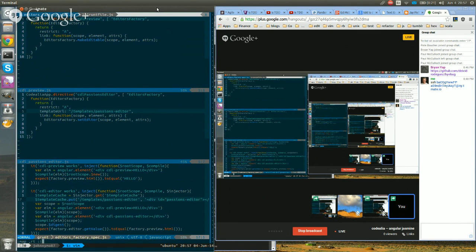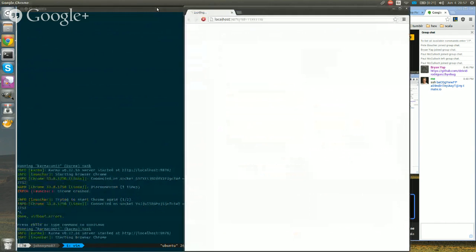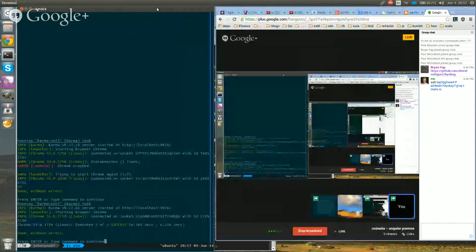It'll open a browser once, but I turn single run off, so I'll close it again. We see 2 out of 2 success, done without errors. But if I comment out that line,